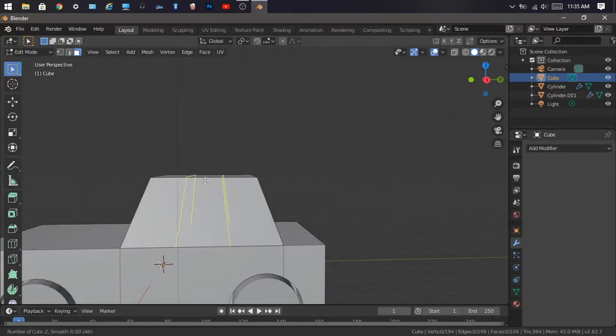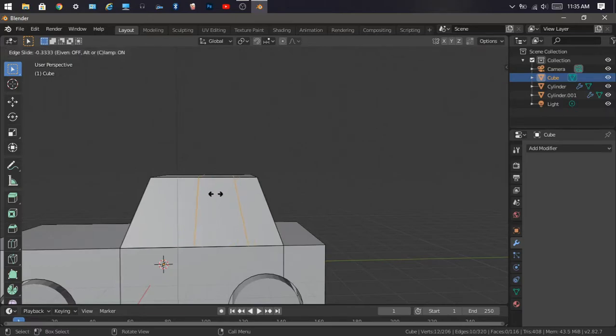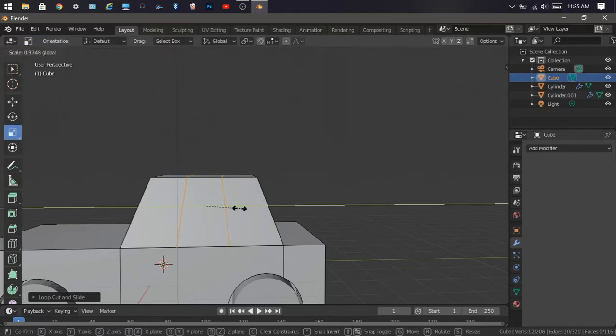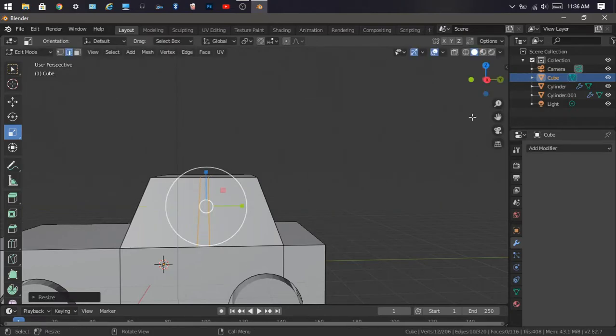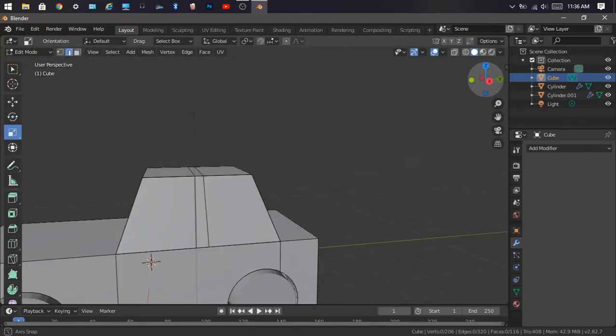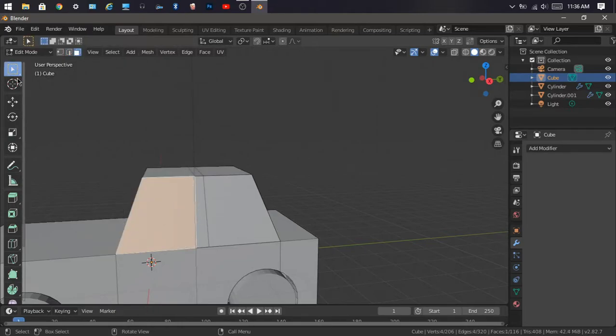Press Ctrl R and add 2 loop cuts. Right click, then the loop cuts will be placed in the middle. Now resize the loop cut. Okay, that will be good. Okay, that's perfect. Now go to face mode and select the faces,